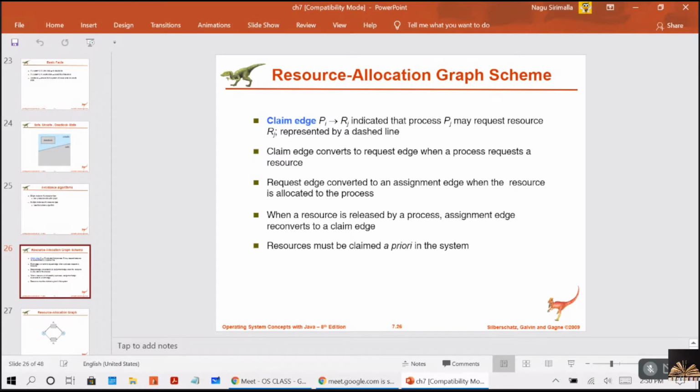It is not requesting now, but we are assuming that it may request the resource Rj at some time in the future, right? So here the claim edge resembles